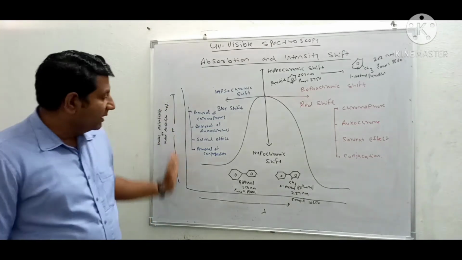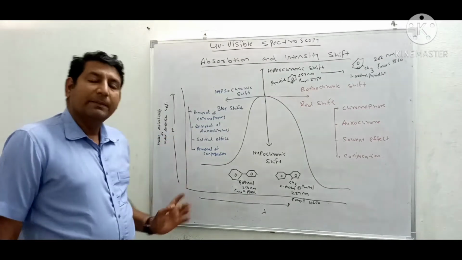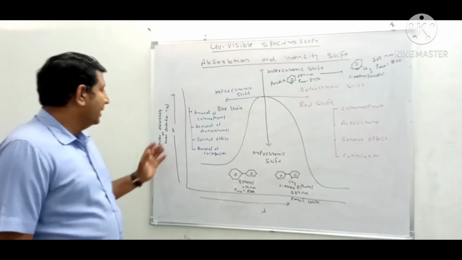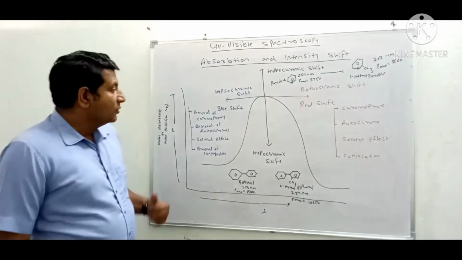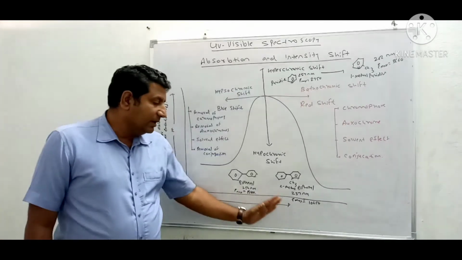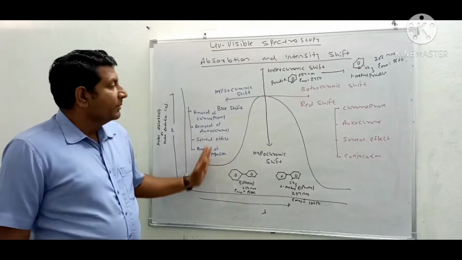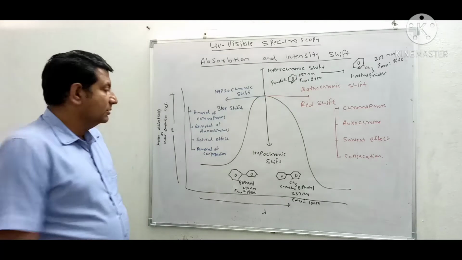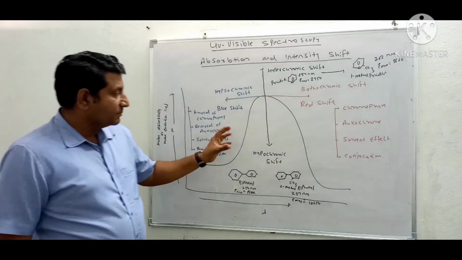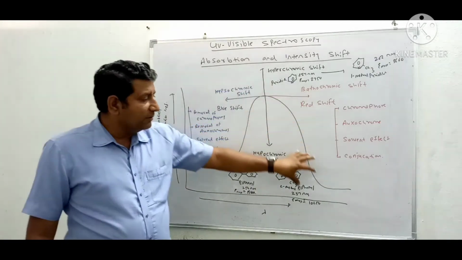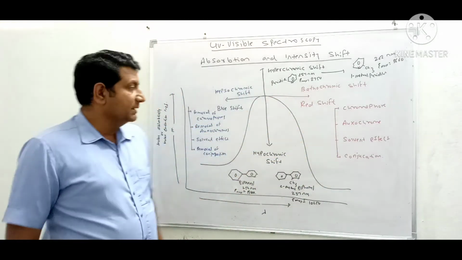Now if we draw a graph between lambda and the value of epsilon, where epsilon is the molar absorptivity coefficient or molar extinction coefficient, so if we draw the graph between lambda max and epsilon, we will find that any organic compound shows a particular curve, which is based on the absorption of UV light by that organic substance.